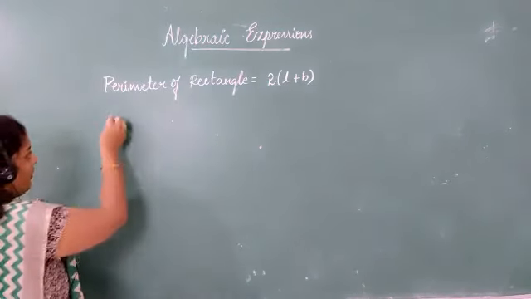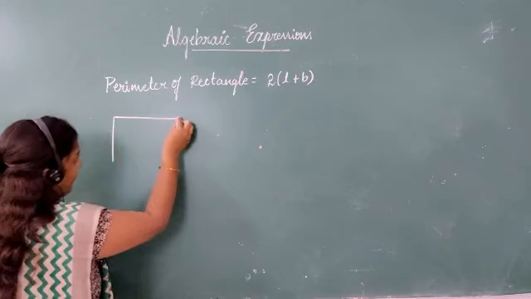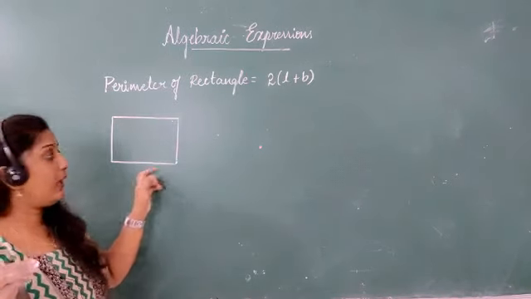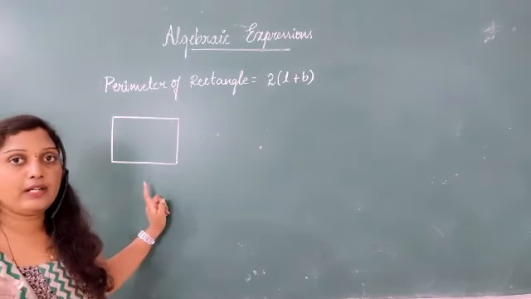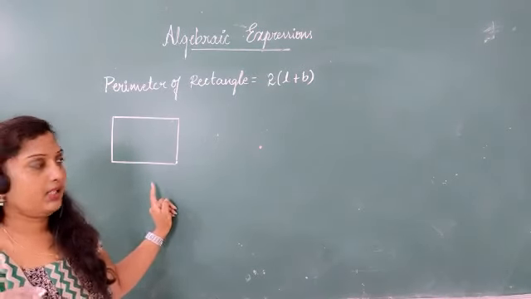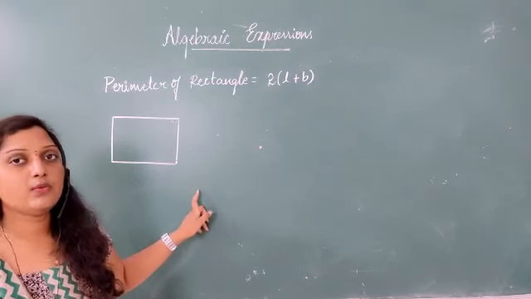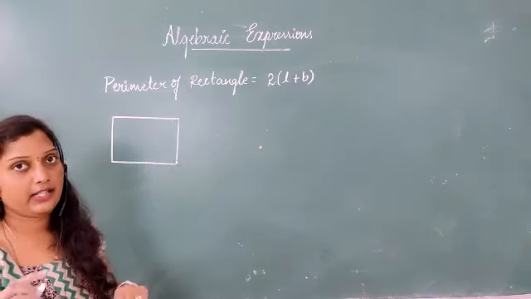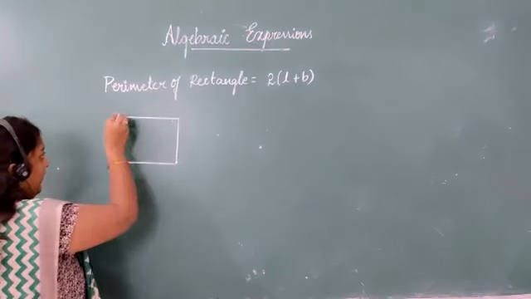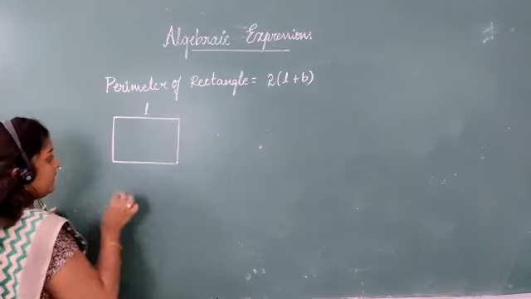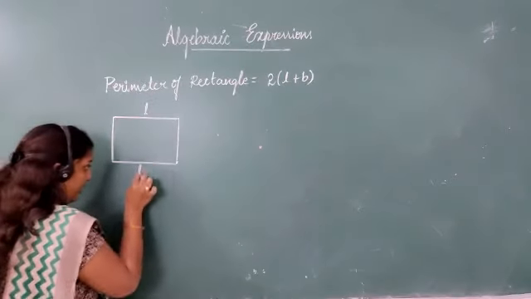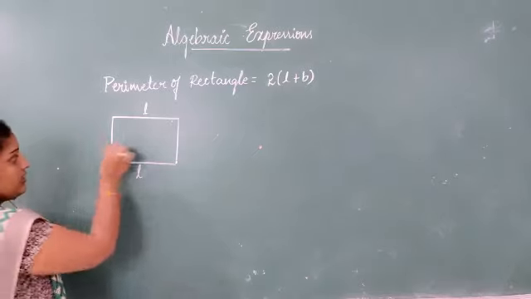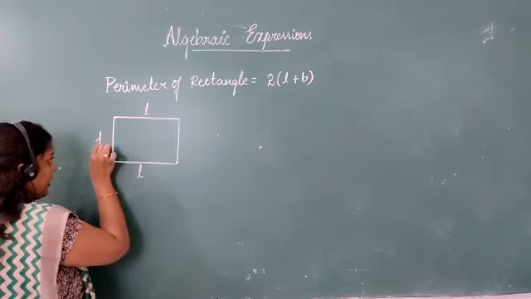So we will draw one rectangle. Perimeter means what? The boundary region, the total boundary region is called the perimeter. If you want the boundary region, what will we do? We will add all the 4 dimensions of this rectangle, correct? In a rectangle opposite sides will be equal. So here L is there, means here also L will be there. So opposite sides will be equal, and these two sides will be equal, and I will call this B,